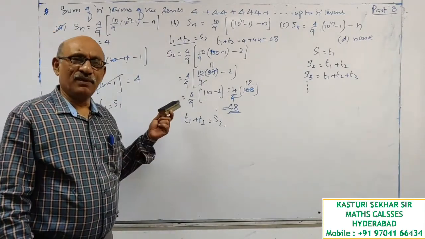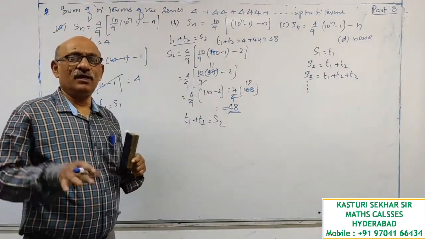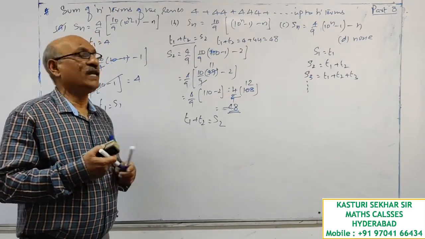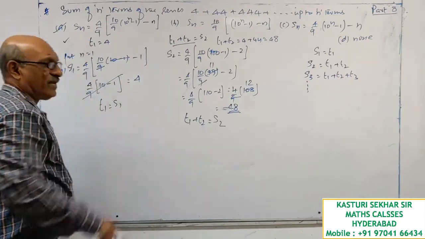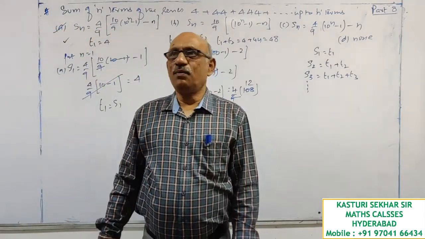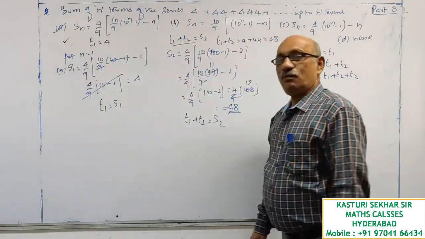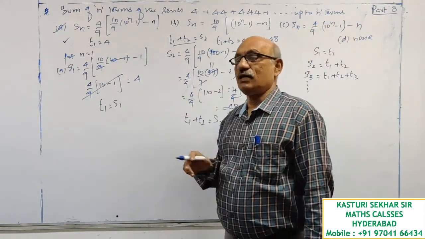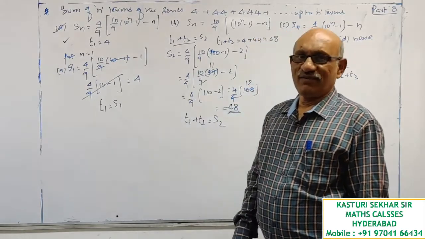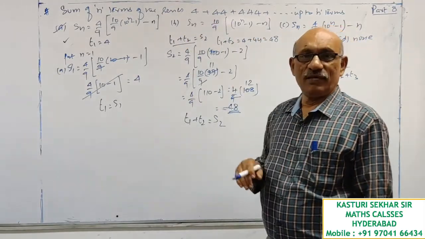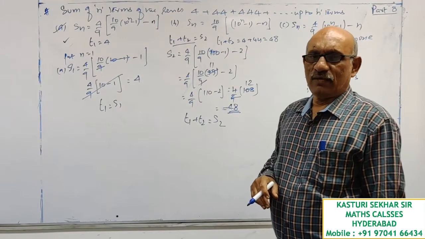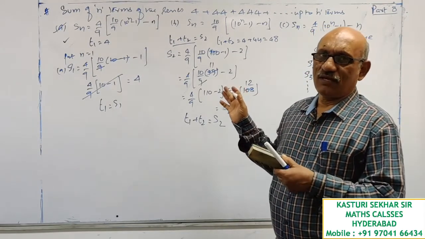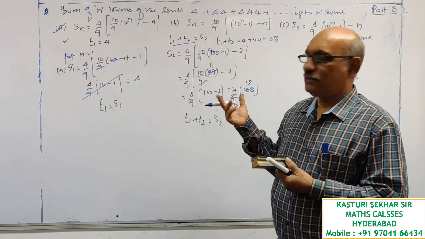Here, for your clarity purpose, two values I verified. But when you are doing the same problem in the exam, no need to verify two values. This is a simple, time saving option. Put n is equal to 1 and verify. If T1 is equal to S1, then option A is the answer. Otherwise, move to option B. Again, put n equal to 1. If T1 is equal to S1, that is the answer. Otherwise, you have to move to option C, this way.